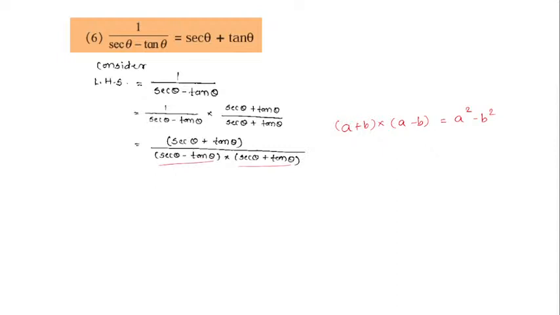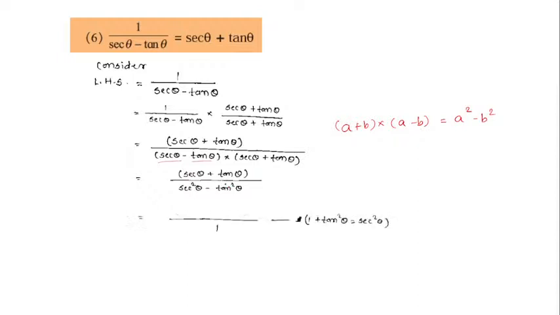So same here we have to apply, that is sec theta plus tan theta as it is in the numerator, divided by the expansion for this one, which is first term square minus second term square. The first term is sec theta, that's square, minus the second term is tan theta, that's square. Now here sec theta plus tan theta as it is in the numerator, divided by sec square theta minus tan